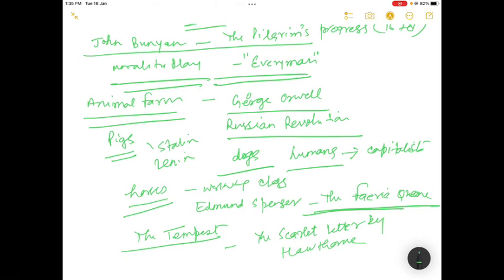So, in an allegory, the writer tries to convey a message that can be related to politics, religion, or morality. At the superficial level, at the surface level, we have one story, but at the deeper level, there is another story, and this is actually the purpose of the writer to be communicated. The story, which is at the deeper level, conveys the moral significance. It's all about the term allegory. Thank you.